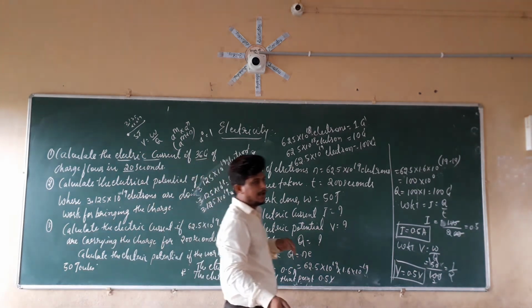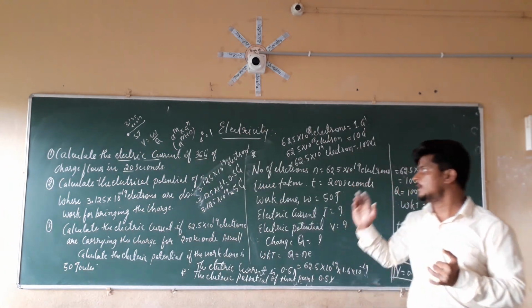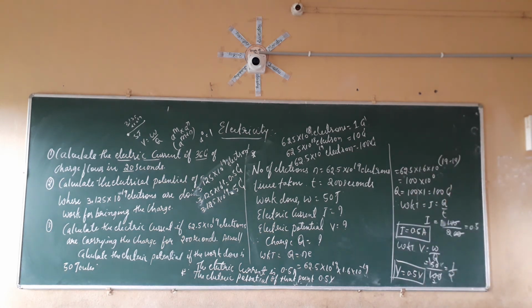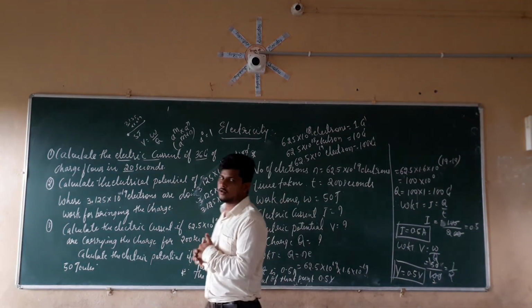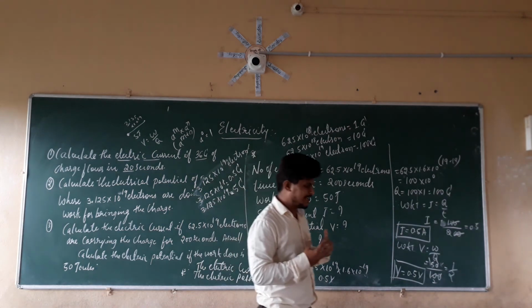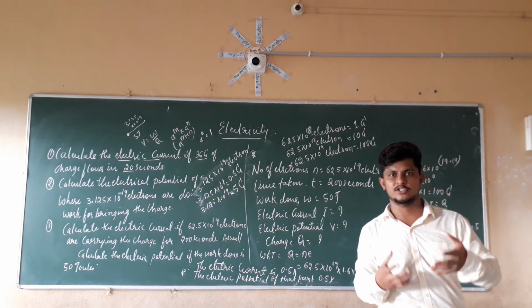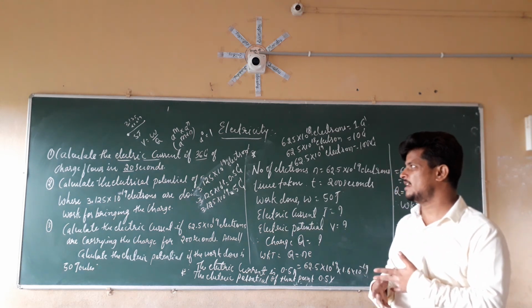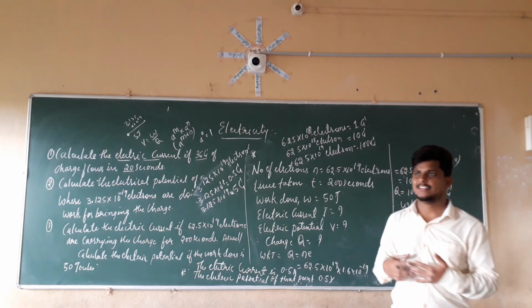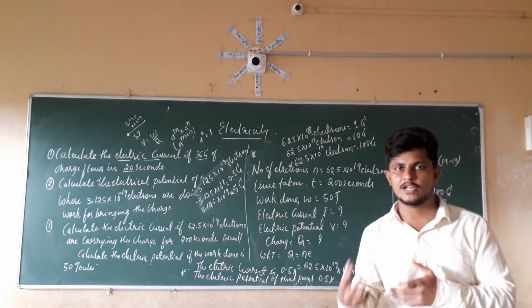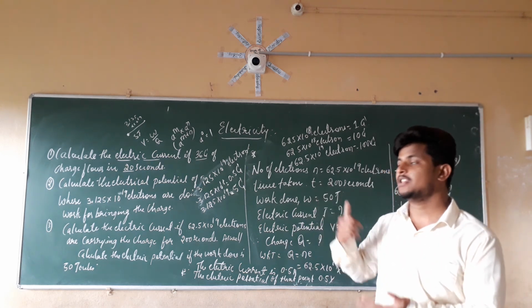So this is all about electric charge, electric current, and electric potential, and the numericals belonging to those things. In the next class, we are going to see about the electric circuit and electric circuit diagrams, and some symbols of the different components, that is, how an ammeter and voltmeter are represented, and in the same manner, resistors, lamps, batteries, and cells. By using those, we are going to draw an electric circuit diagram, which will be useful in the further sections of this topic.